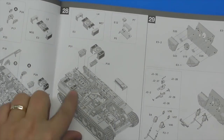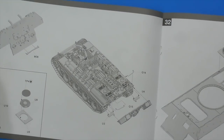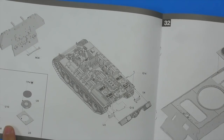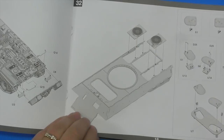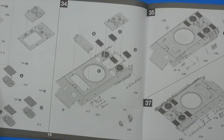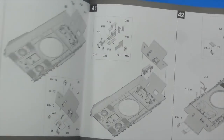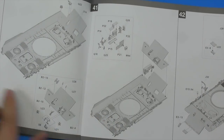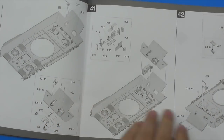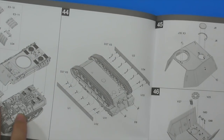And then there's finishing, completing all of the interior. This is the back panel with the exhaust pipes. That's going on. There's your cooling vents for the engines, right there. Hatches. More hatches. More cooling vents. So getting all the top of the hull done. Your extra track links along there. Pictures don't show this one with Zimmerit, so I'm sure it's the same basic build for all of them. Putting on the side skirts, fenders,